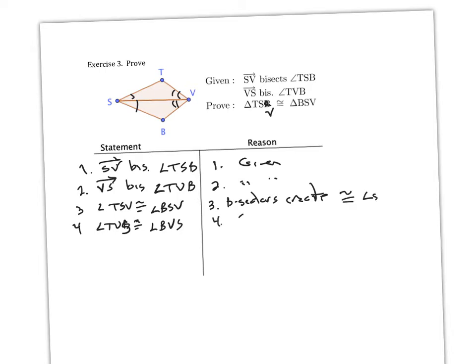And 4 would be the same. And then we have that SV is congruent to, we'll say SV. And that's reflexive property. And therefore, we can now say that triangle TSV is congruent to triangle